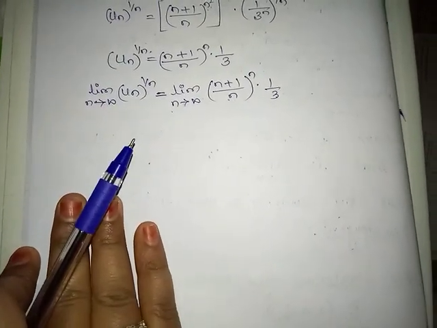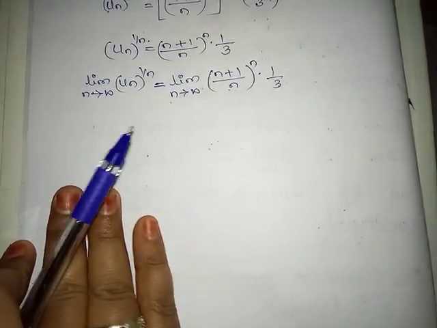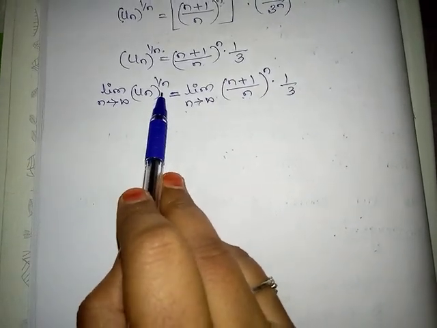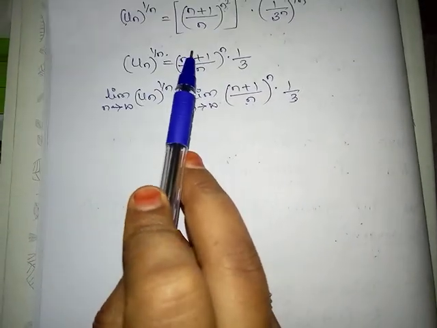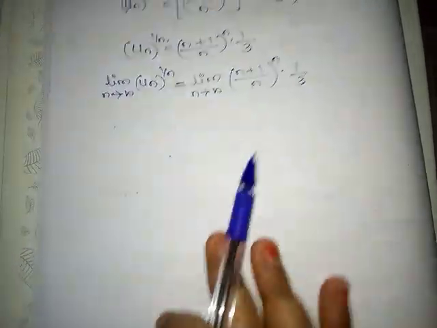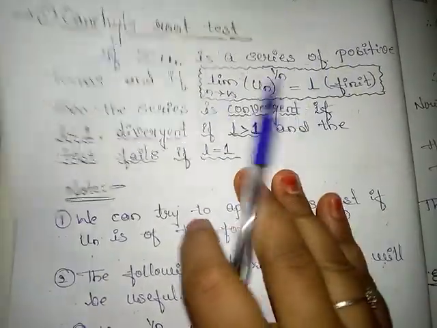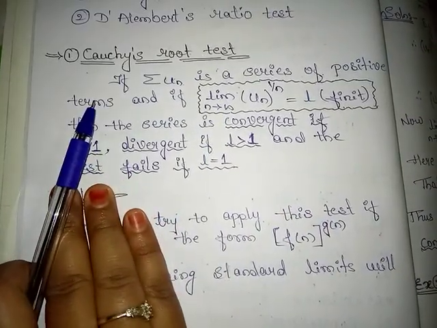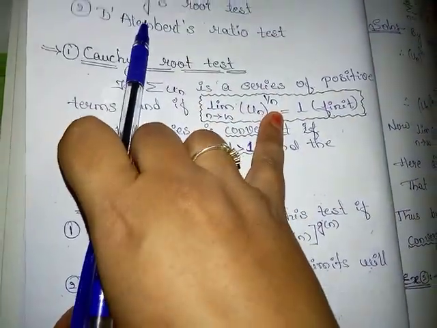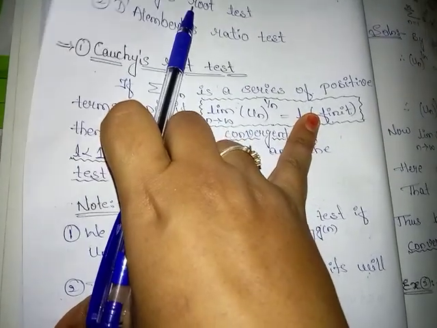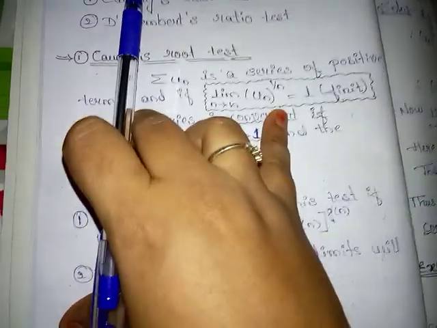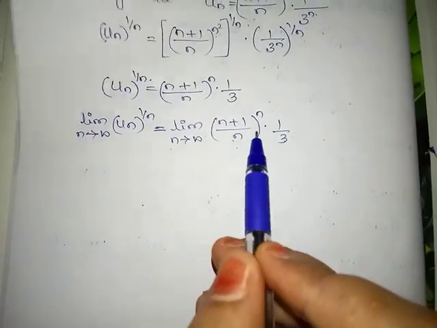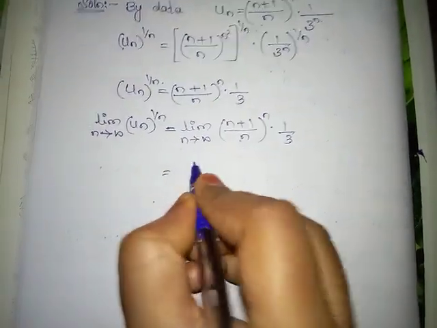But according to Cauchy's root test statement, limit n tends to infinity un raised to 1 by n is equal to L, which is a finite quantity. But we get infinity here. To avoid that,